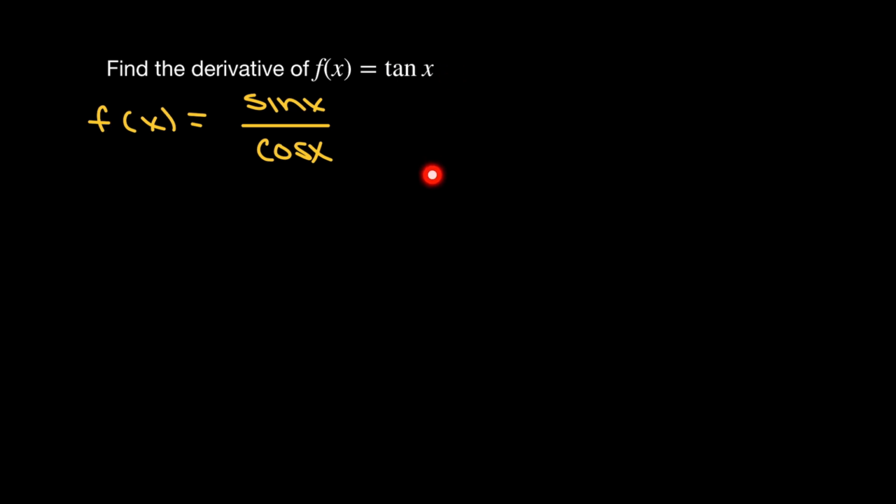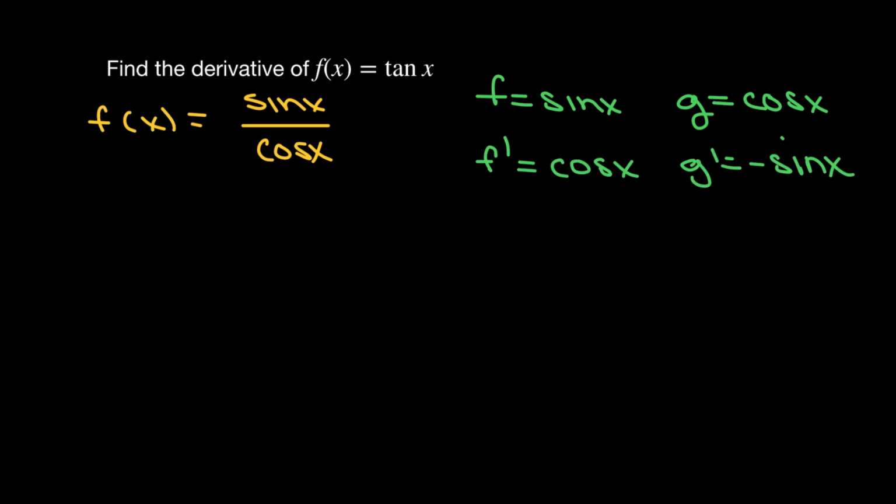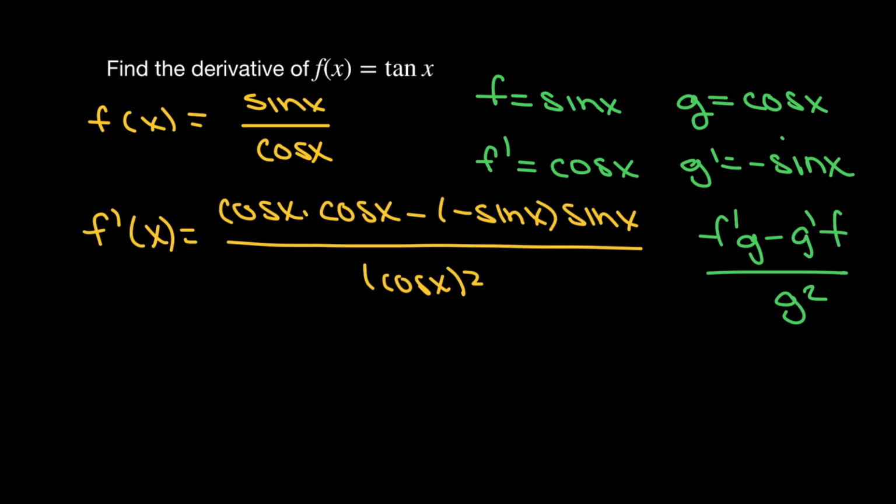So if we have the function f of x equals tangent of x, that's the same as sine divided by cosine. Tangent is sine divided by cosine. And now I can actually use my quotient rule. The numerator, the top, f, is sine x. The bottom, the denominator, is cosine x. So f prime, the derivative of sine x, is cosine x, and g prime, the derivative of cosine x, is negative sine x. Plugging this into my quotient rule, I'm going to take f prime times g, so cosine x times cosine x, minus g prime times f, minus negative sine x times sine x, all over g squared, cosine